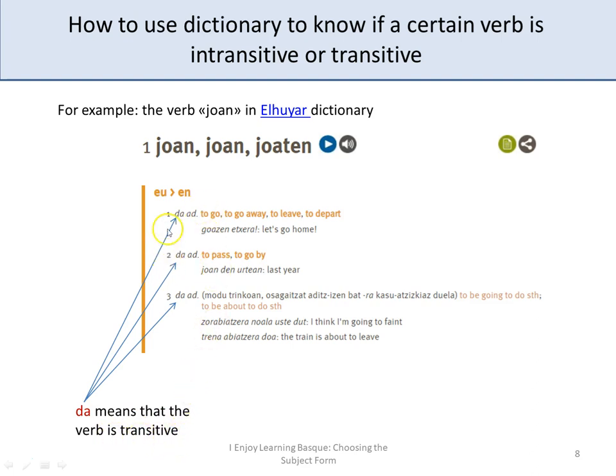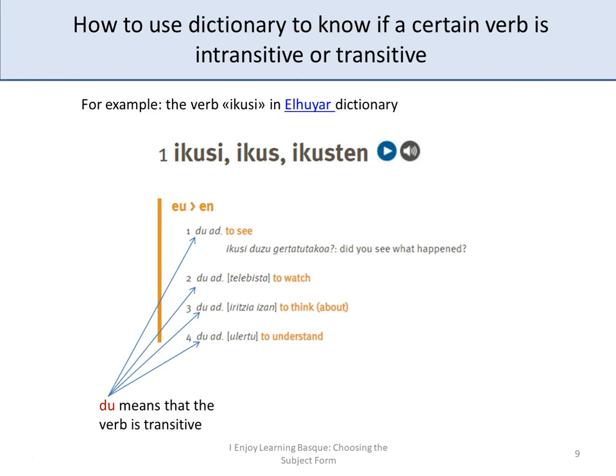because we can use like joan da, joaten da. It's joan da. It has gone. Sorry, joaten da. It goes. So now we are going to see ikusi, and ikusi, the verb ikusi,